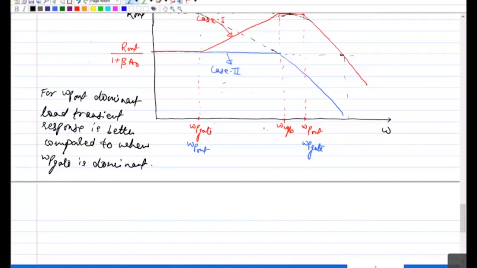We talked about the output capacitor. You need a very large output cap, but that will always come with the benefit of better transient response. Even if your UGB is small, as I already discussed, your output capacitor causes a reduction in the output impedance, so your undershoot will improve when you start increasing it, because beyond UGB, in any case, your loop will not help much in improving the transient response. But if you have the output pole dominant, then even beyond UGB, that output capacitor will help in improving your transient response.